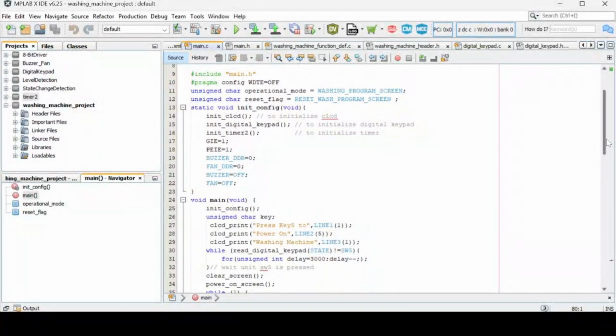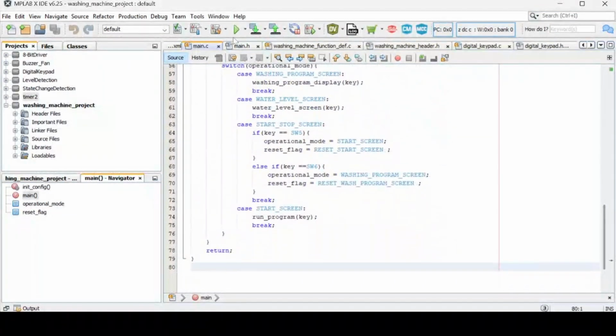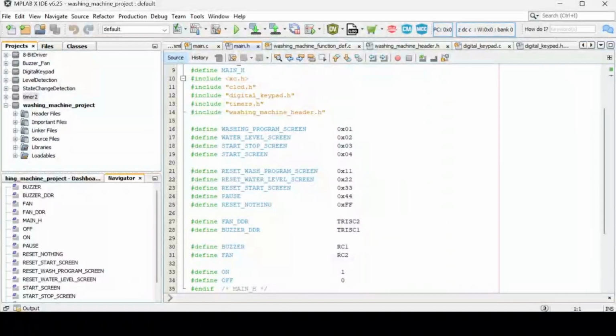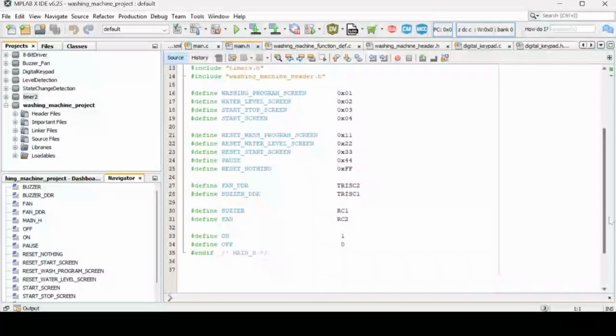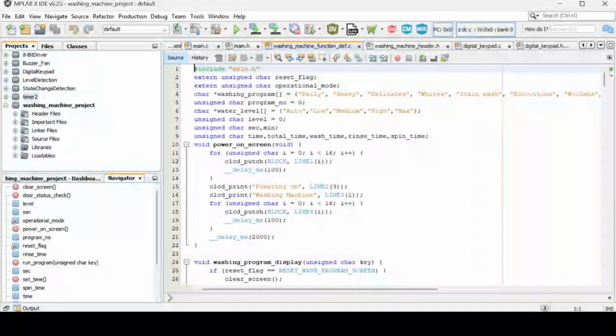As I mentioned earlier, I developed the project in MPLAB X IDE using embedded C, compiled with the XC8 compiler. The code is organized into separate modules for clarity and reusability, and each has a specific task. The main.c file handles the system initialization and the overall control flow, and the main.h header file defines the global variables and screen mode macros. The washing machine function C file contains the logic for washing stages, screen transitions, and the user interaction,